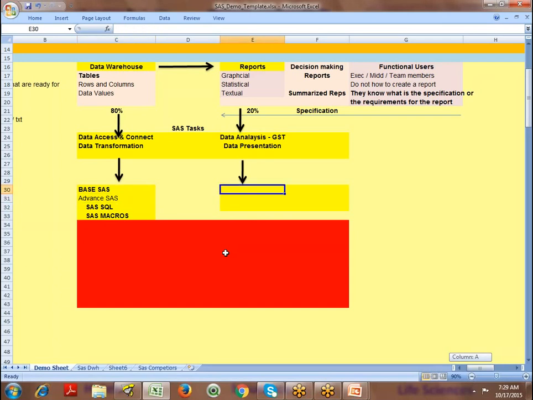Then with respect to the reporting part, you're going to deal with SAS graphs. So we are going to teach you SAS graphs, SAS stats, okay? Then SAS summary reports and SAS output delivery system, that is presenting the report in PDF format, Excel format, text format. It is possible using the SAS output delivery system, which is called ODS. So these are the main tasks that you're going to perform with the SAS software to generate various kinds of output reports for decision making.